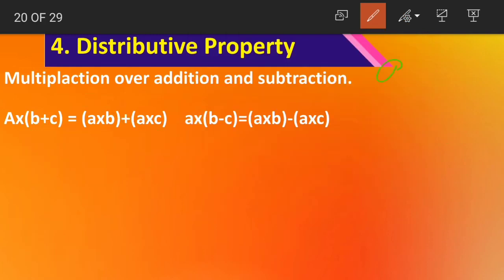Coming to subtraction, again a is equal to 2, b is equal to 3, c is equal to minus 1. Coming to the LHS, 2 into 3 minus, again c is also having a sign of its own. So we'll open the brackets. 3 minus bracket open minus 1. Minus into minus becomes what? Minus into minus becomes plus. 3 plus 1 becomes 4. 2 into 4 becomes 8.